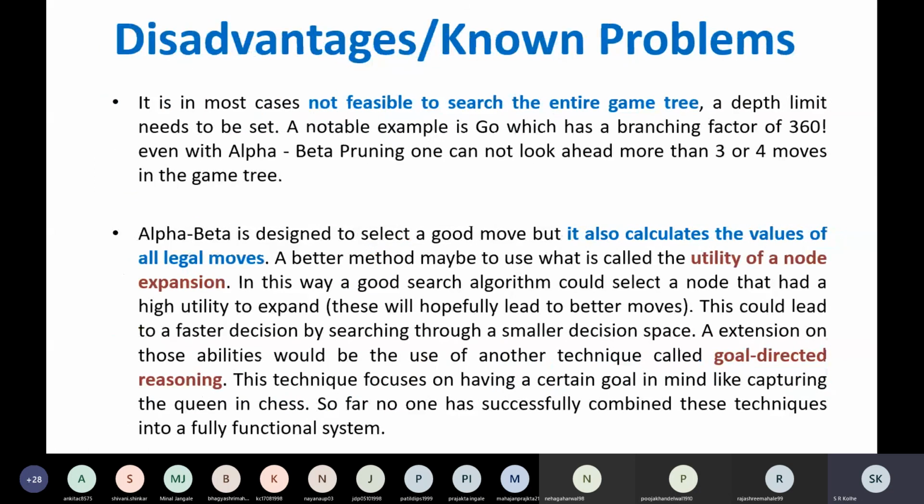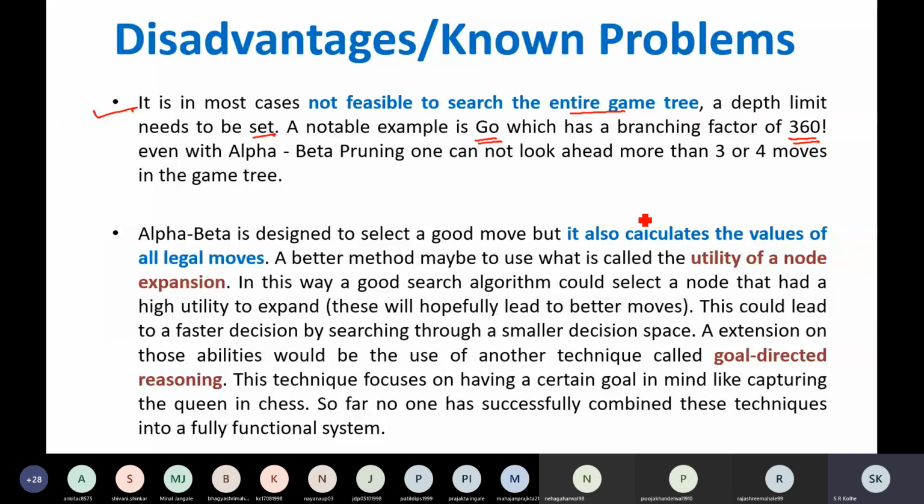It is in most cases not feasible to search the entire game tree. A depth limit needs to be set. If your search tree is very large, depth is very large, so still you can have improvement in that by limiting the depth. The example of that is the game Go, which has a branching factor of 360 factorial.